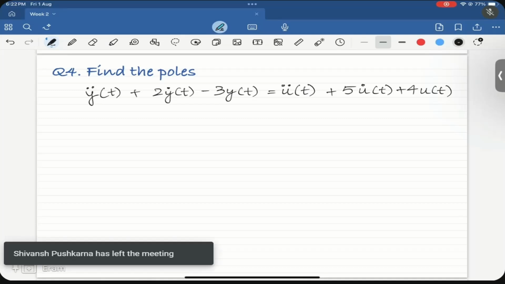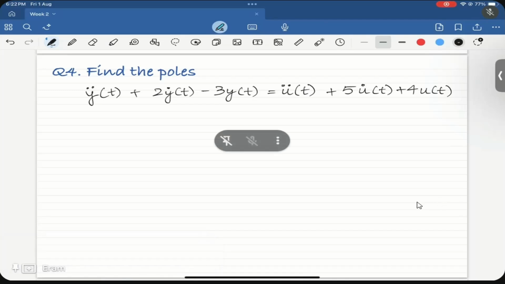So let's solve it. Again, we will first find the Laplace transform with zero initial condition. So we will directly assume that the initial conditions are zero. In that case, the Laplace of this will be,